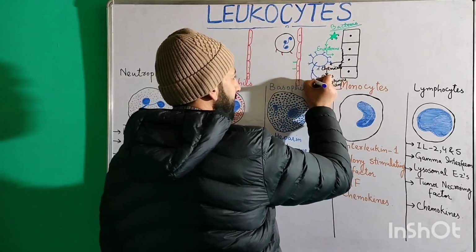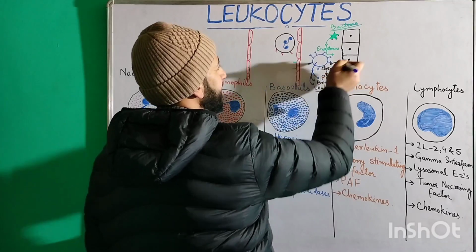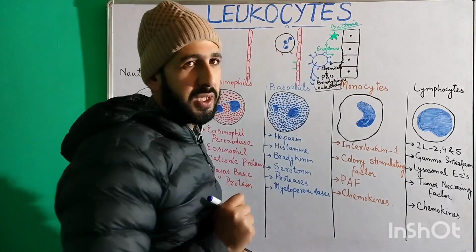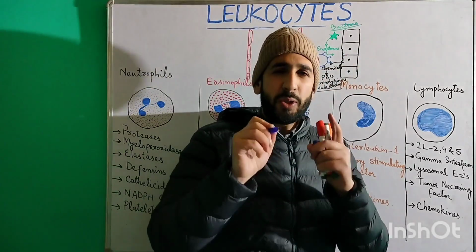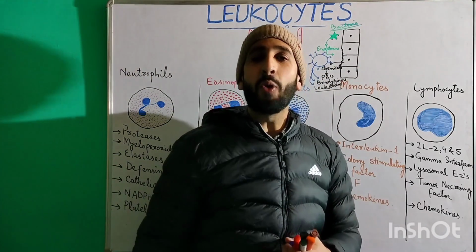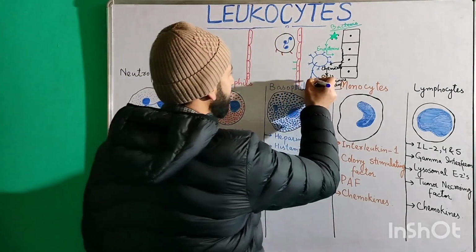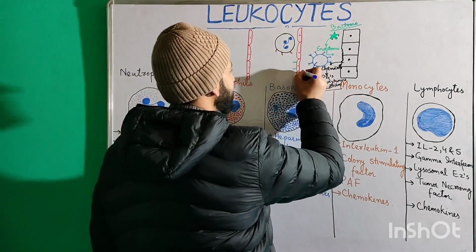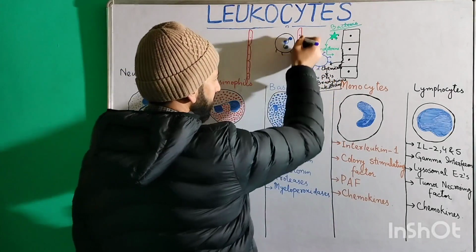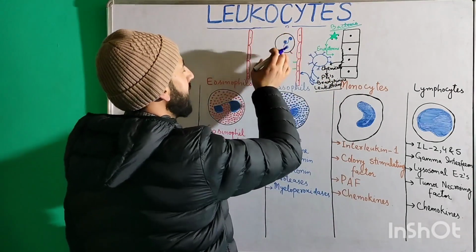These mast cells also start secreting these chemicals, the chemicals which have been secreted by this damaged endothelium. Now these chemicals are actually chemoattractants. What they do is these chemicals act on these endothelial cells. The endothelial cells, here is the blood vessel, and in this blood vessel we have the different types of blood